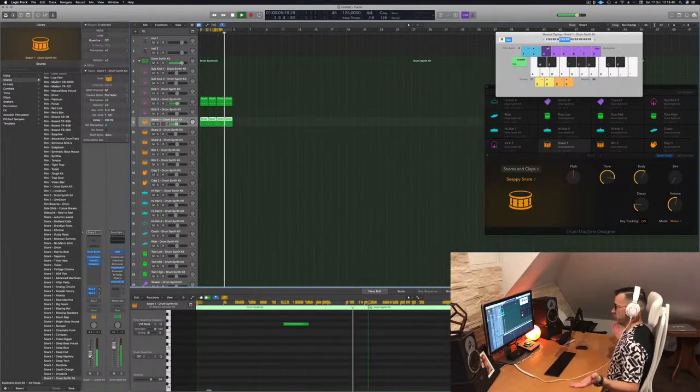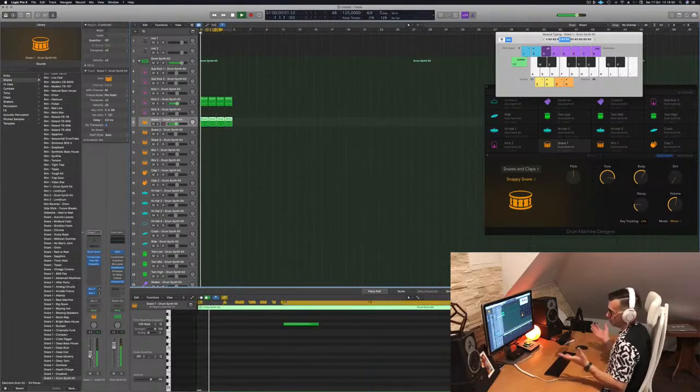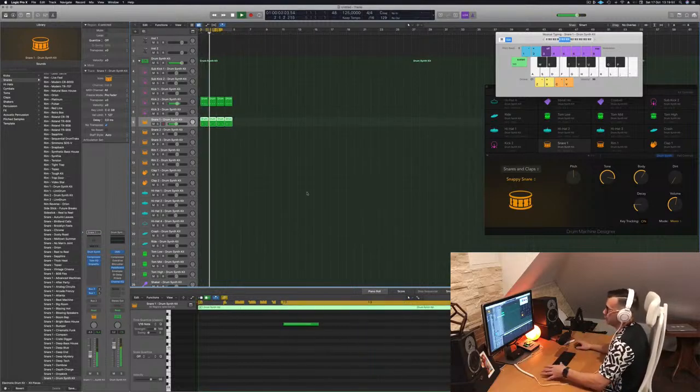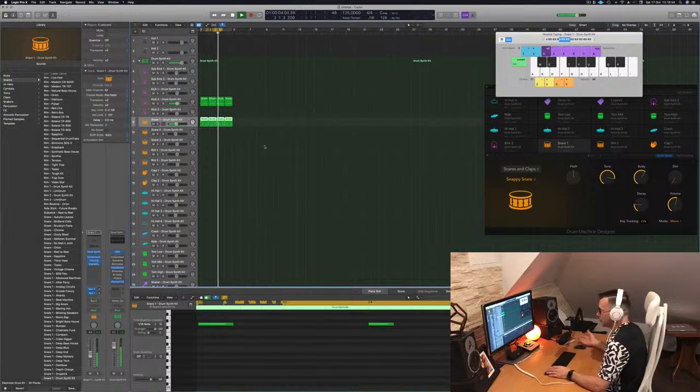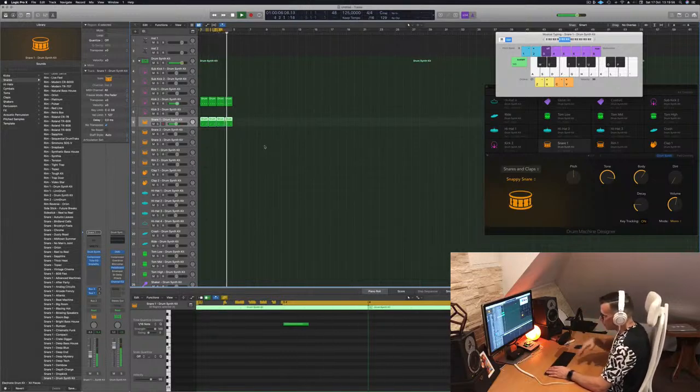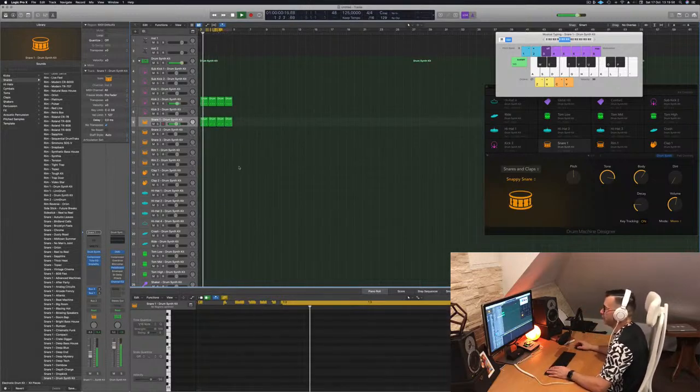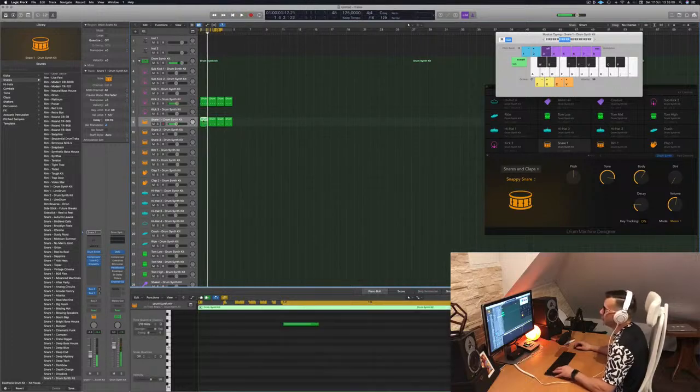So guys, we have a beat. I mean, it's very simple, but this is what it is. This is a drum beat that, you know, is the start to a track. So we'll go through the elements one by one as we go. After that, I would say, the snare drum,